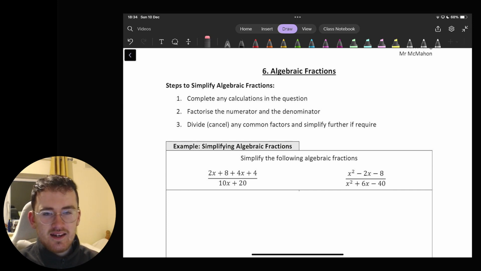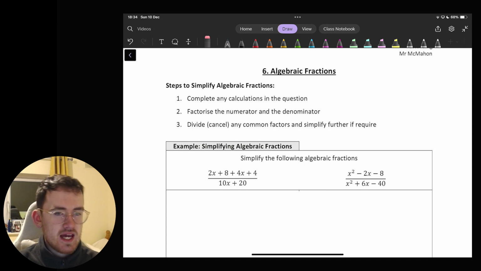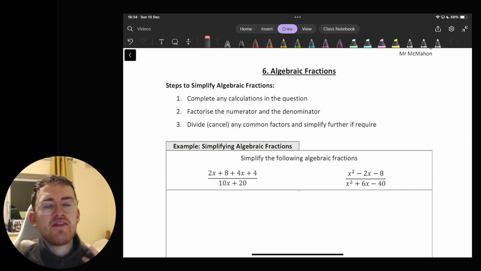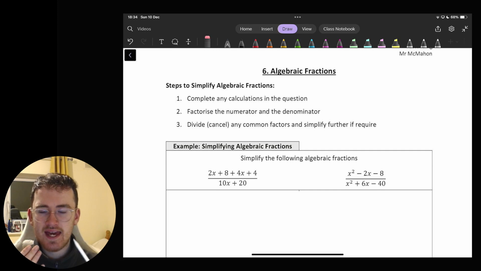We're going to complete any calculations in the question. So if there's any sums, anything we have to do, any simplification, we're going to start by doing that. Then we're going to factorize the numerator and the denominator. So if there's factorizing to be done, we're going to do that then. And then we're going to look at if there's any common factors. What I mean by that is if there's any factors that are the same on the top and the